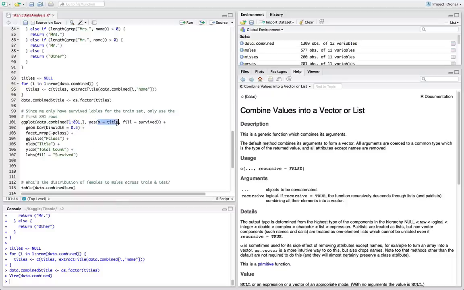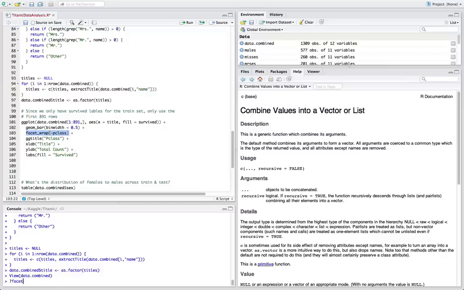where the x axis is the title. So that would be Miss, Master, Mrs., Mr., or other. I want you to color code it, fill it based on the value of survived. Did they survive or perish? And then I also want you to pivot that based on passenger class. In ggplot terms, that's called a facet wrap.